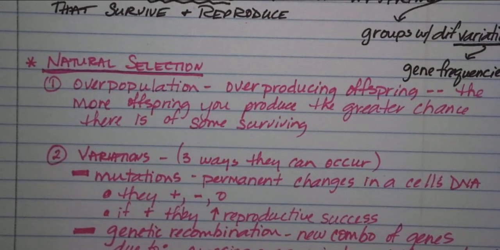So we have 23 pairs of chromosomes. Of each of those pairs, you got one chromosome from your mom, one from your dad. So of the number 1s, you got one from each parent. Of the number 2s, you got one from each parent, and so on. Okay, so when your parents were creating sex cells in the body, like the sperm and the egg, when they got those,